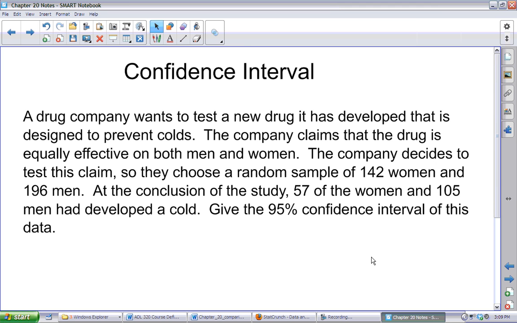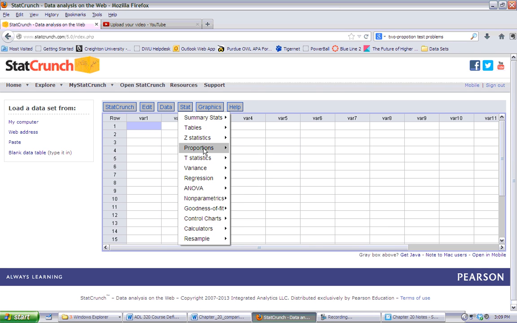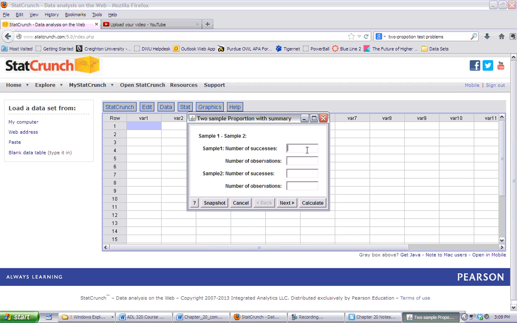Okay, now let's look at the exact same problem, but let's look at the 95% confidence interval of this same data. So we'll go back to StatCrunch and follow the exact same steps, proportion to sample, and with the summary. And then we will enter in our data just as we did before. So in the study, 105 out of the